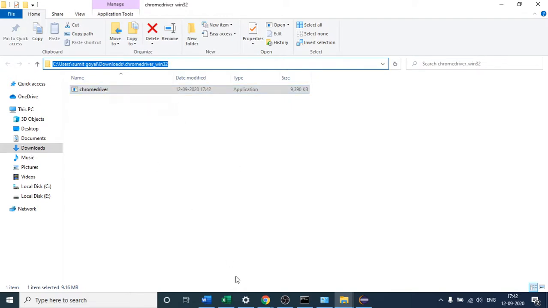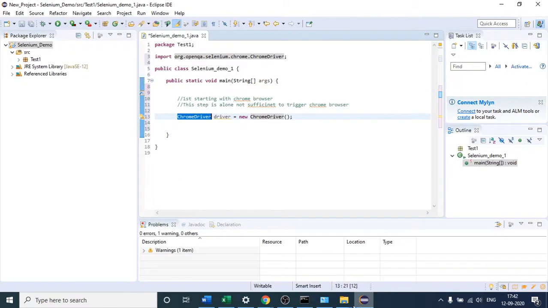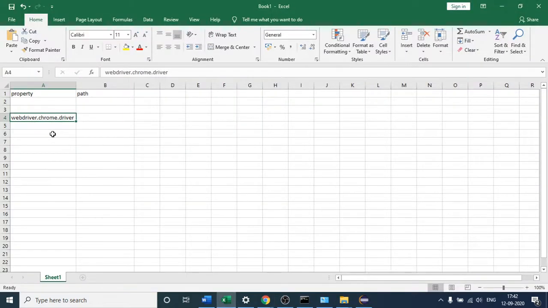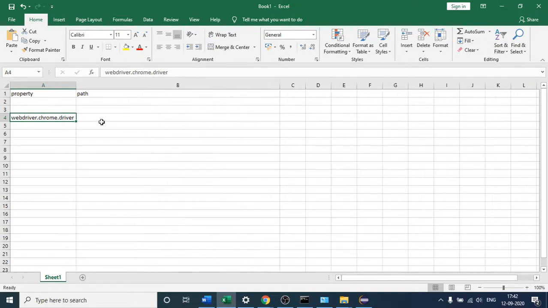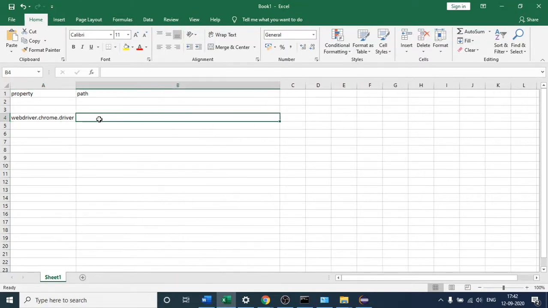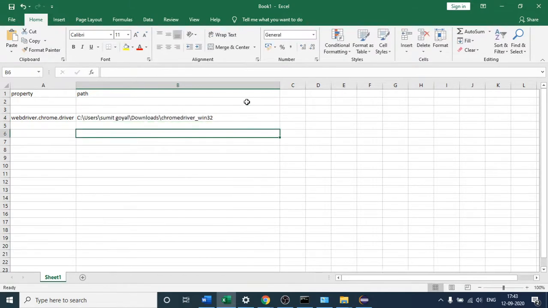As I told you, inside this Chrome driver class the Selenium guys have defined one property, webdriver.chrome.driver, and this property expects where your chromedriver.exe file is located. So this is the path.